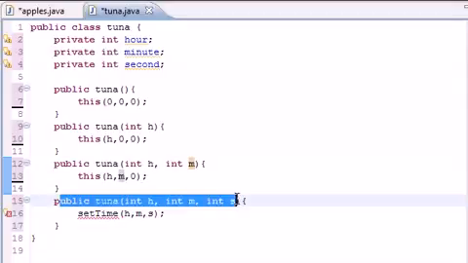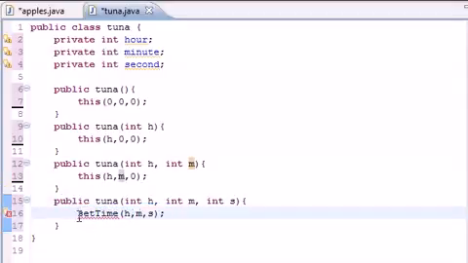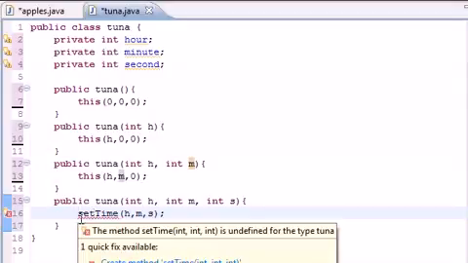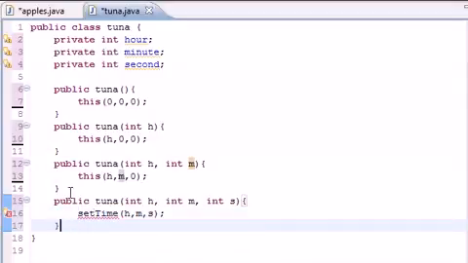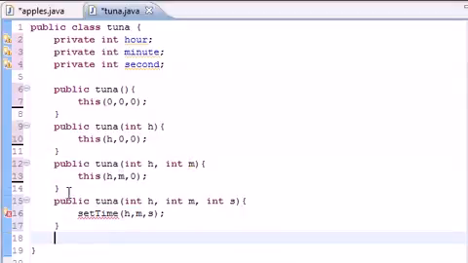In hour, in minute, is second. And then what this constructor does is set the time in a set time method. And you're saying, alright, where the heck is that method? Well, we're going to build it right now, so take it easy. Let's go public